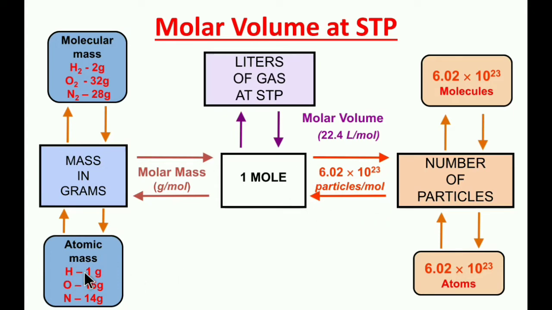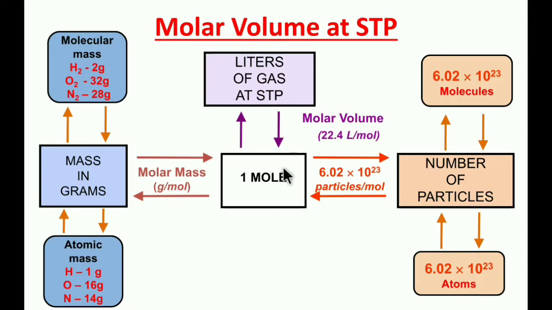1 mole of hydrogen, that means hydrogen in atomic form, contains 6.02 into 10 to the power of 23 atoms. 1 mole of oxygen contains 6.02 into 10 to the power of 23 atoms. If you discuss molecules, it contains that much in molecules. So if you are discussing atoms, 6.02 into 10 to the power of 23 atoms will be present in this. This is the basic concept actually.